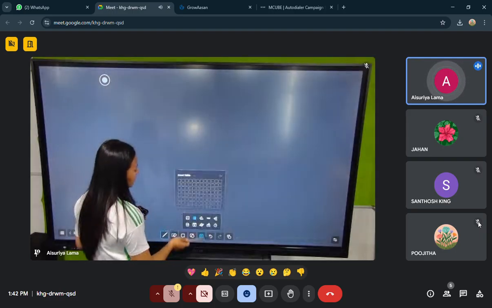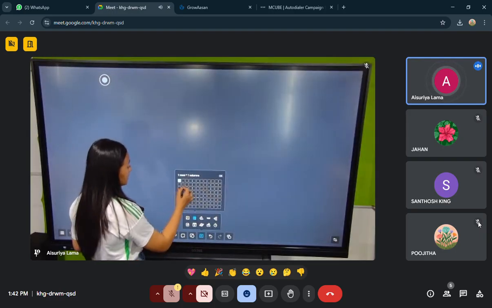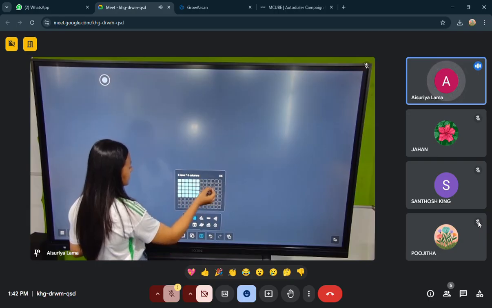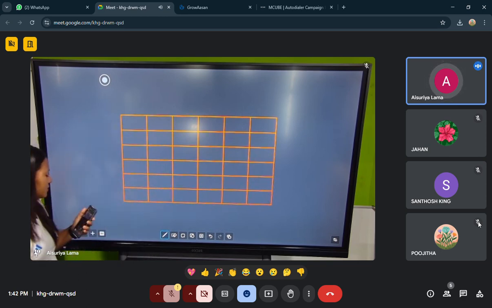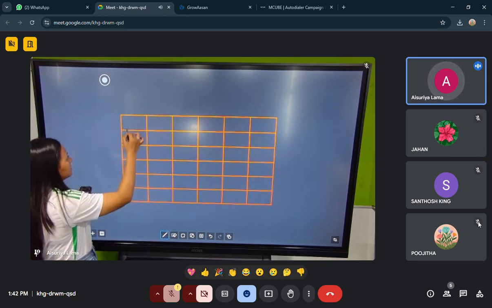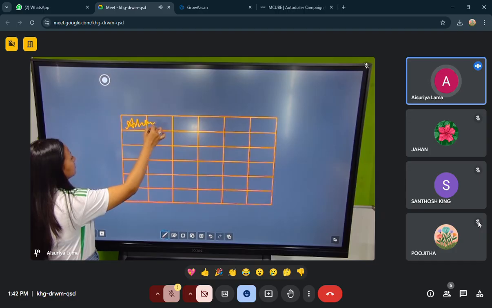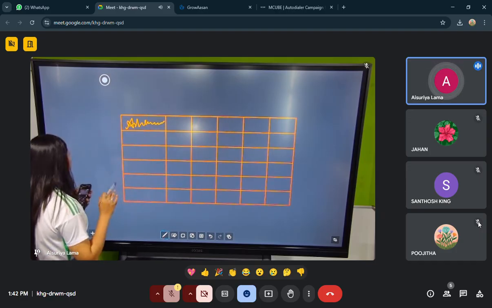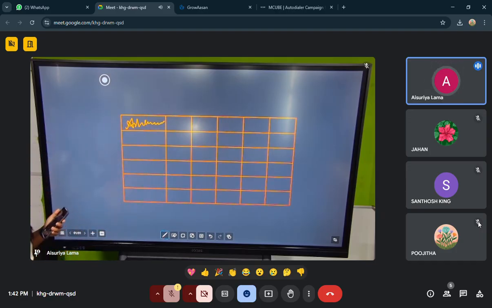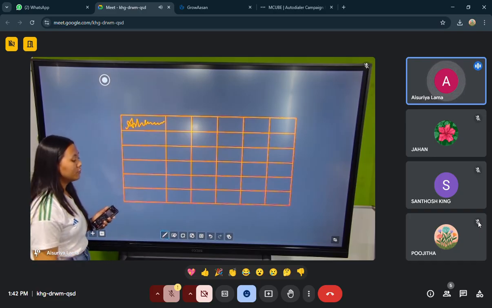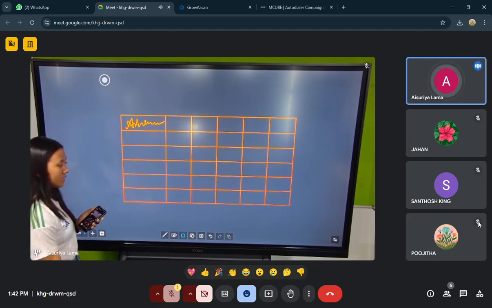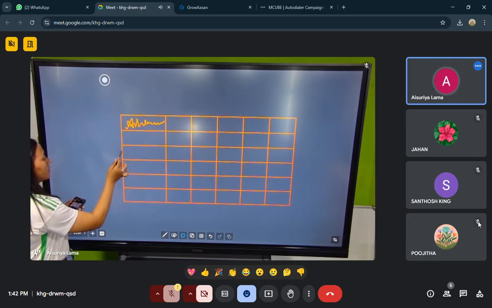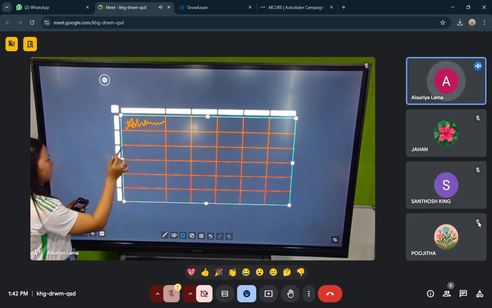The next option is for tables. If you want to draw tables, I'll select the number of columns, the number of rows, and then I'll click OK. And the entire table will get created. Now the speciality about it is, if I'm writing something here and just in case it went out of the box, you don't have to worry, it will automatically adjust itself. Now I have already selected the number of rows and columns, but I want to increase the number of rows and columns. So what I'll do, I'll click the selection bar. Once I click the selection bar, I'll click its border and I'll be able to see these white options, white lines.